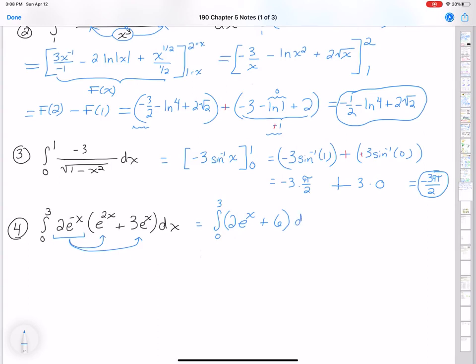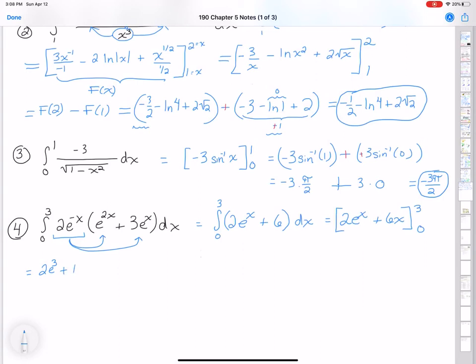All right, so now we can take our antiderivative. The antiderivative of e to the x is e to the x, 2 as a constant multiple gets carried along, and an antiderivative of 6 is 6x. We have dropped our integral symbol, but of course we still need to evaluate between our limits of integration. And so subbing in our upper limit first, 2e cubed